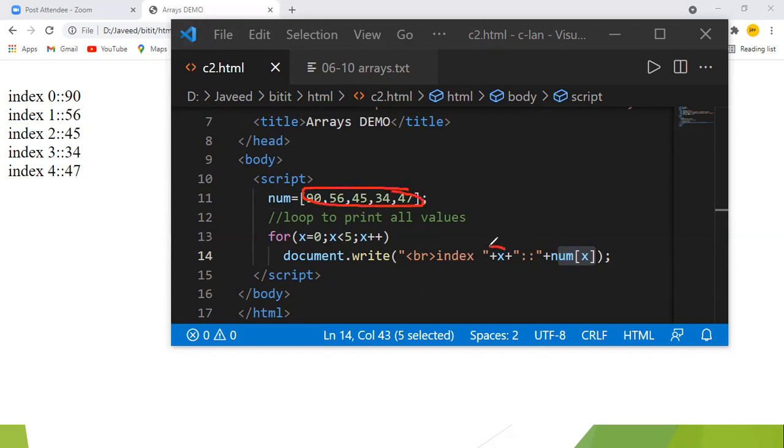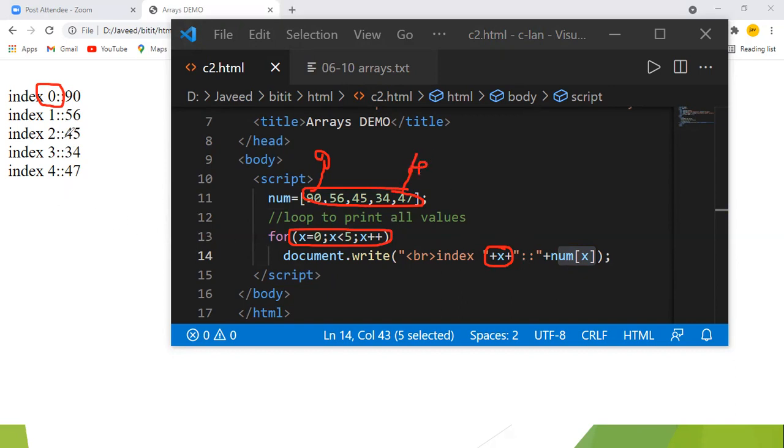So this is going to be my array with 5 values. Now I'm trying to print the value of x there. We know that the x value starts from 0 to less than 5. So this is going to be my 0 position, so it's going to get me the 0 value. This is my 0 index position, then 1, 2, like that. This is going to be my fourth index, number 4, the position 4 there.